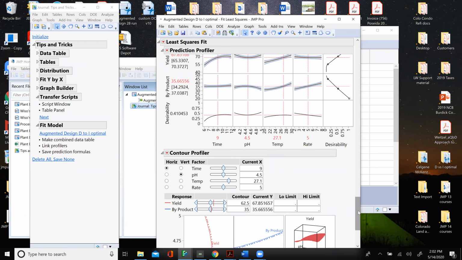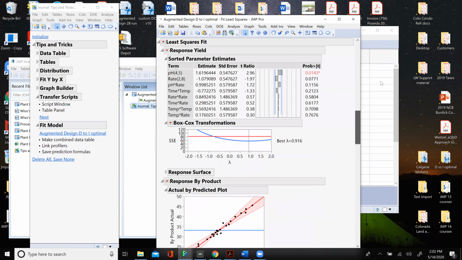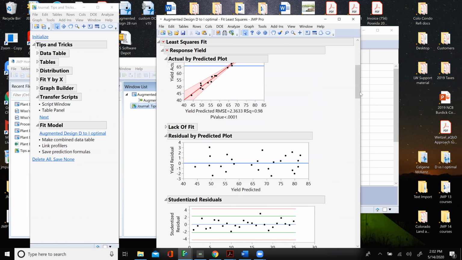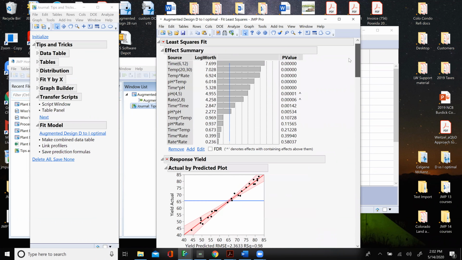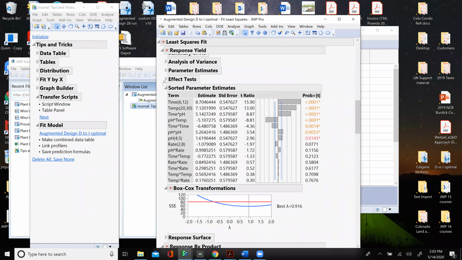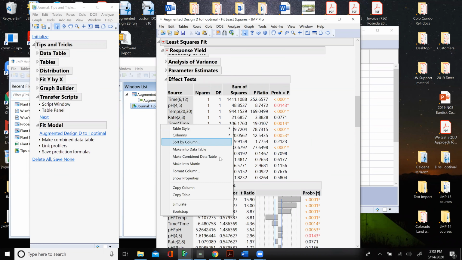The other thing that I wanted to show you is, say you say, hey, Heath, I want a table of all of the significant process parameters for yield and byproduct. And I say, no problem. Here's the ones that are significant for yield, and we have the same thing for byproduct. What you can do is right click on this and say make combined table.